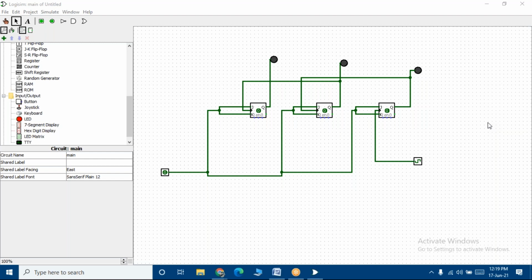When you select the flip-flop, place the 3 flip-flops, short the JK inputs of each flip-flop and connect them to an input high. I'll make it high later when you are simulating it. Select the output for each and every flip-flop, and you have to give the clock. For the first flip-flop, your MSB, you give the clock, and for the second flip-flop you take the output from the LED, which becomes the clock input to the next flip-flop. That is how I've connected.